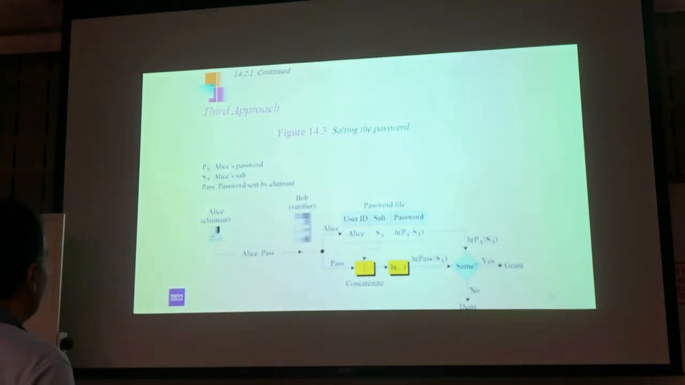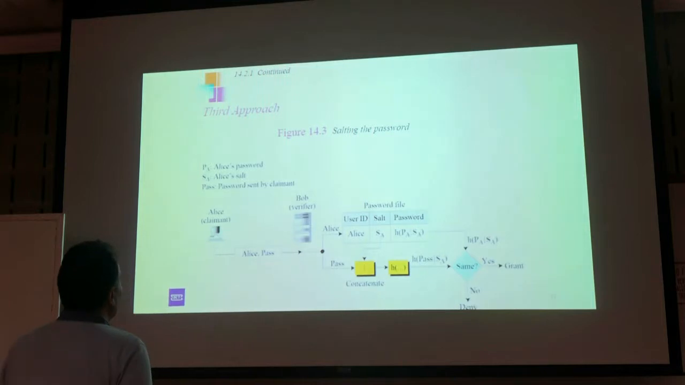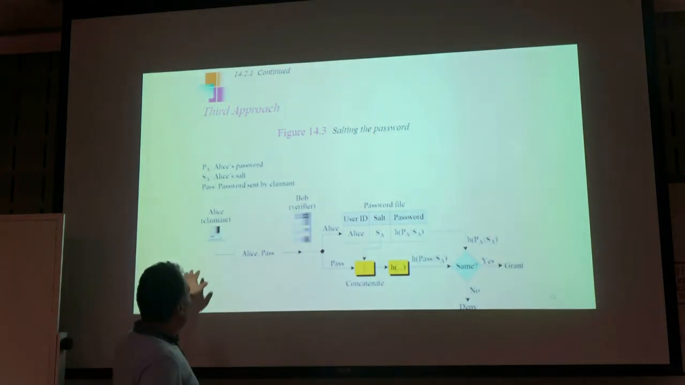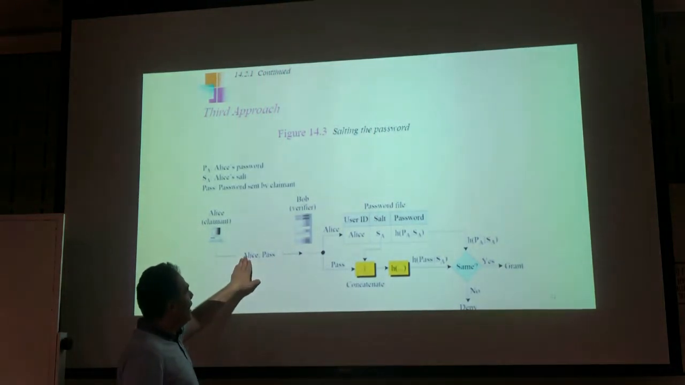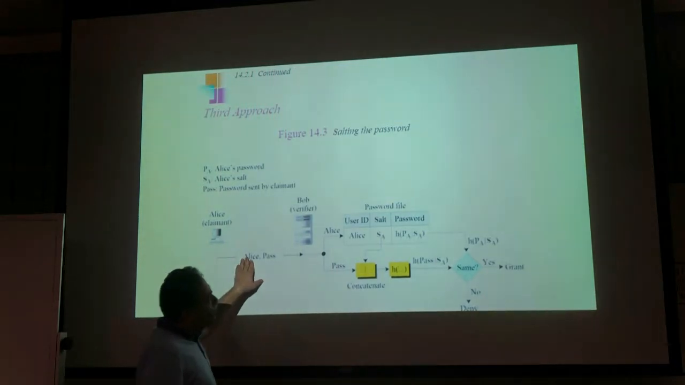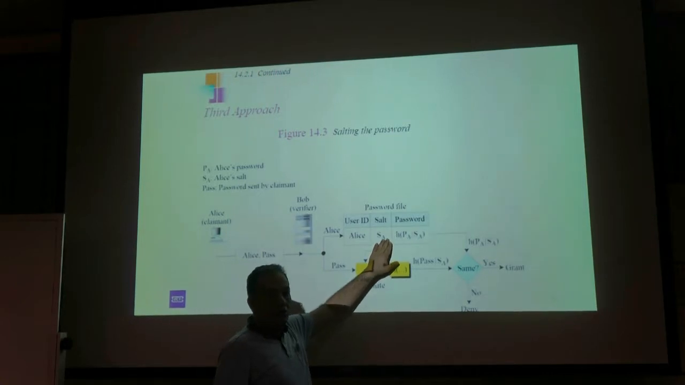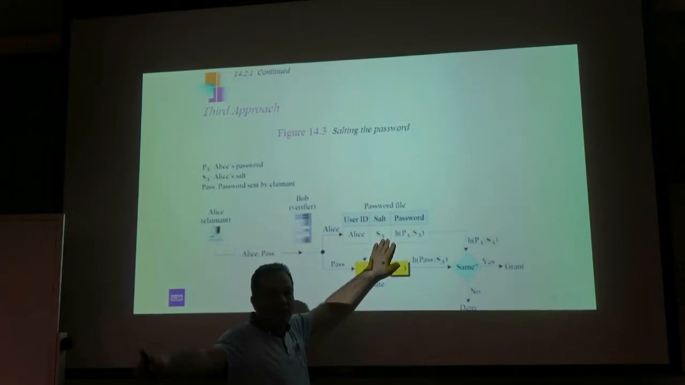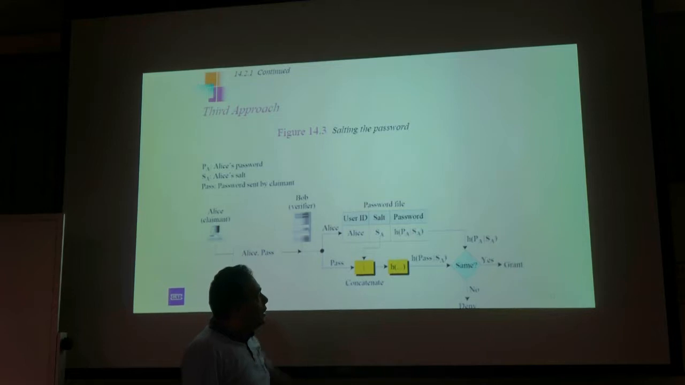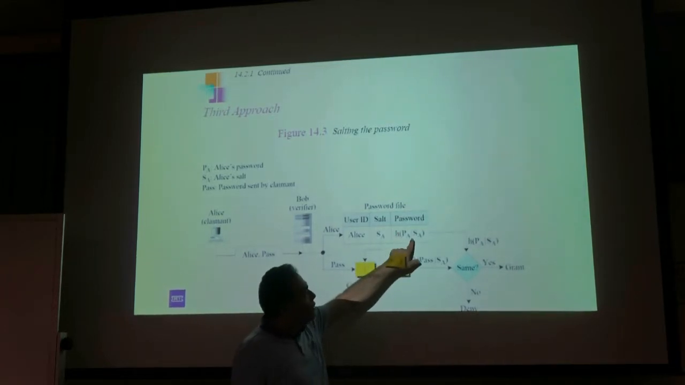So what we do in the third approach, okay, Alice sends the password with the Alice in here. And when you save it in the table, you save a salt. A salt, which is a long random number, all right? And we do hashing not only for the password,